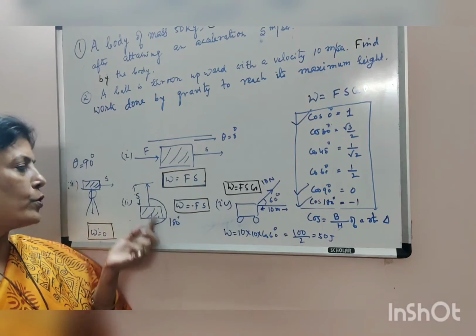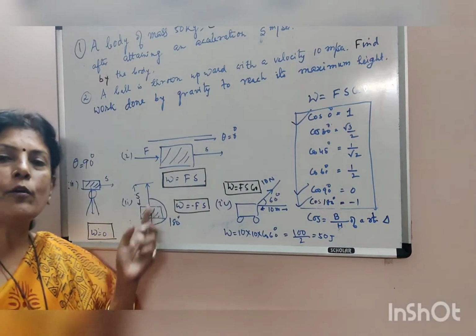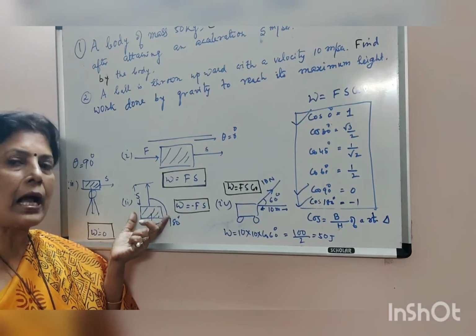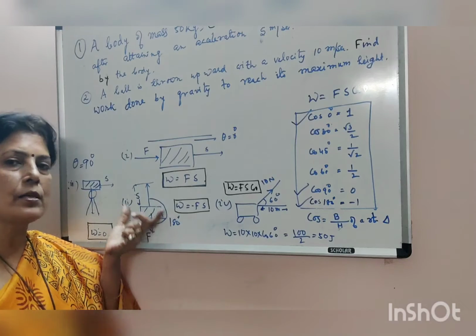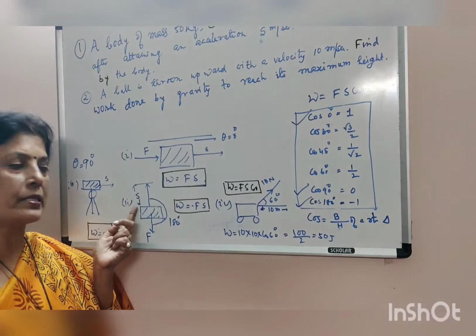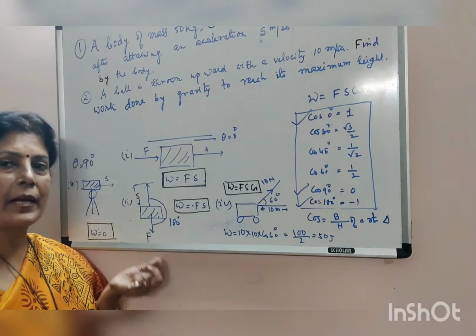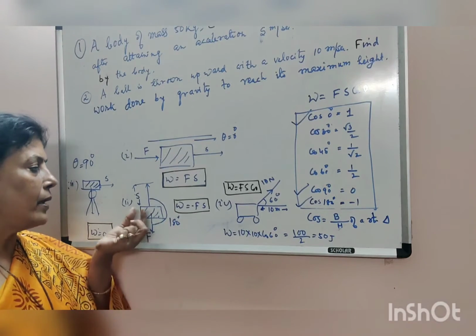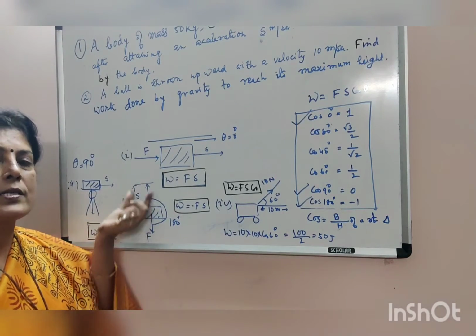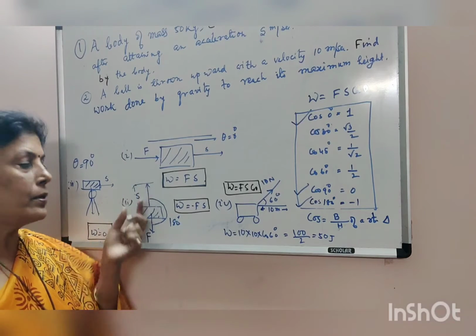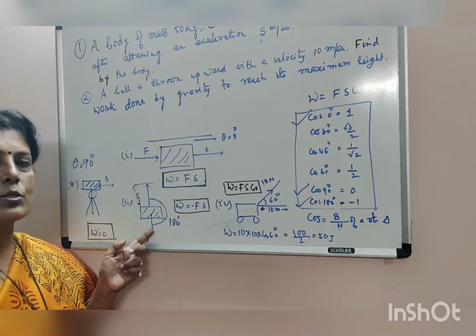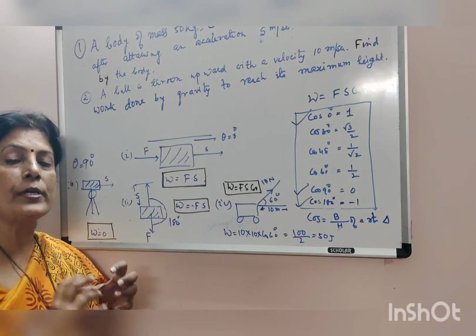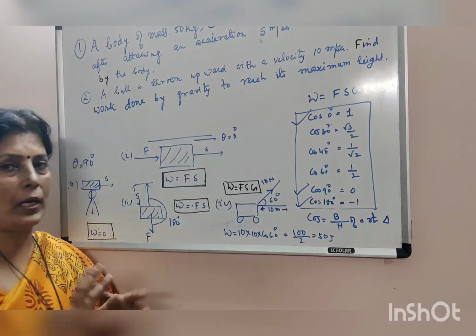But if force and displacement occur in opposite directions, let us take an example of lifting a box from Earth's surface to a particular height S meter. Then the force by gravity is F, which is in the downward direction, and the box is lifted in the upward direction. So the angle between these two is 180 degrees. So angle also plays an important role in measuring work done.